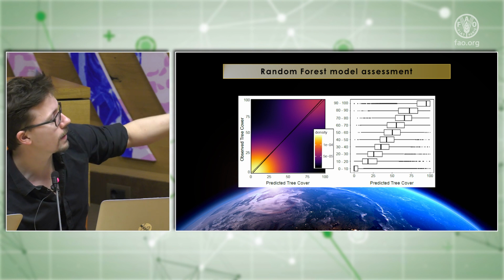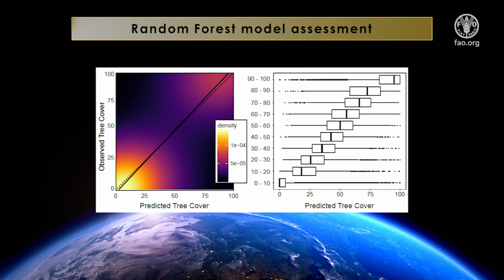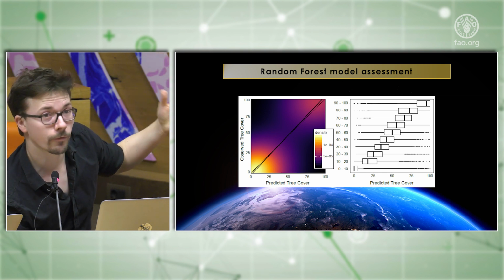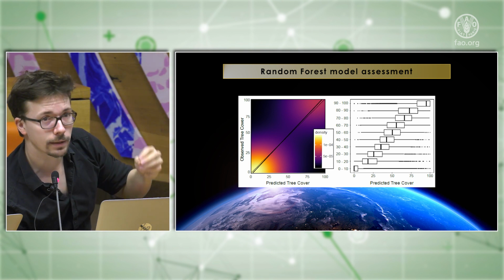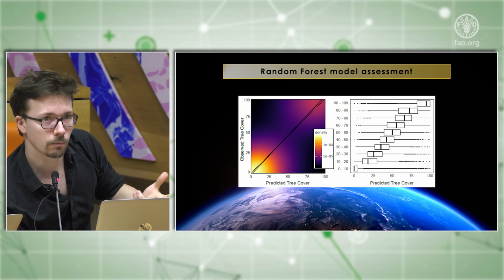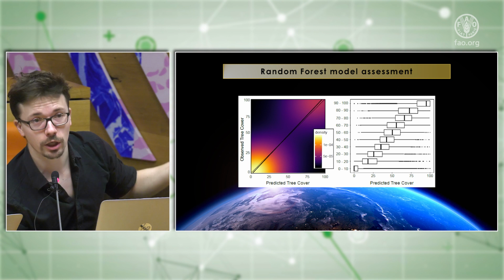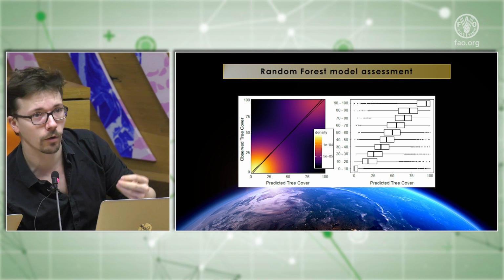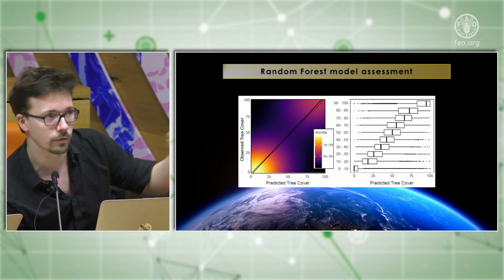But of course, if you look at the graph on the right, which is exactly the same, just a different representation, you can see, for example, at the bottom line, you have the 0-10 here, and you go on the extreme right, and you can see that you have a couple of dots here around 100. That means that sometimes we predict 100% of tree cover where actually we have 0% of tree cover. So this means that at the global level, the model performs very well, but at the local scale you might sometimes have big differences with reality. So this is a big challenge, especially when we work here with the FAO: when we try to implement what we did at the global level at the country level, we need to improve what we did at the global level to the local level.